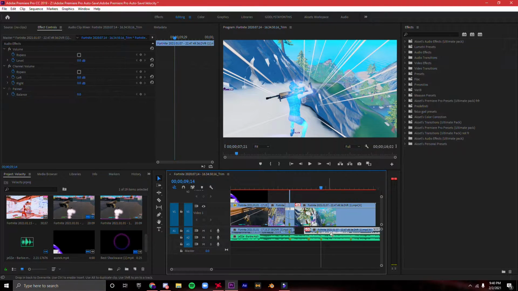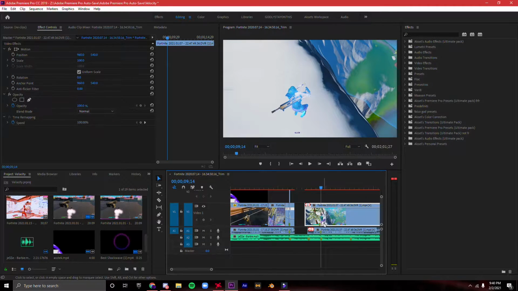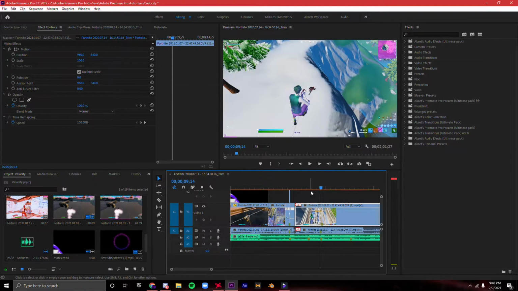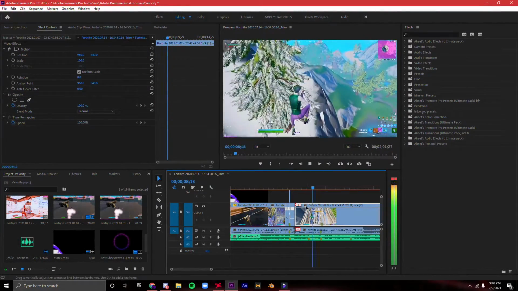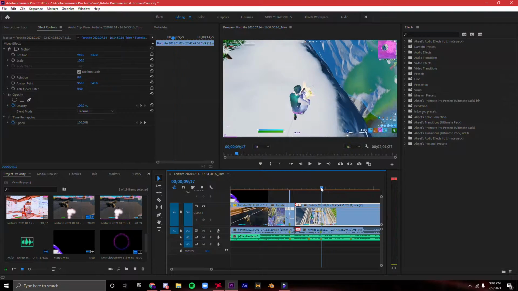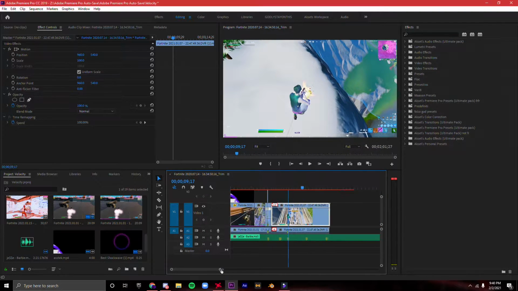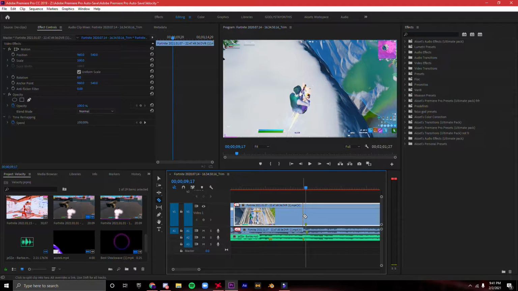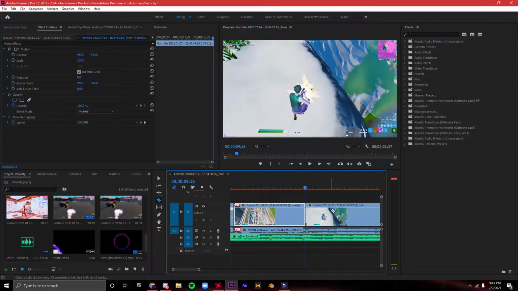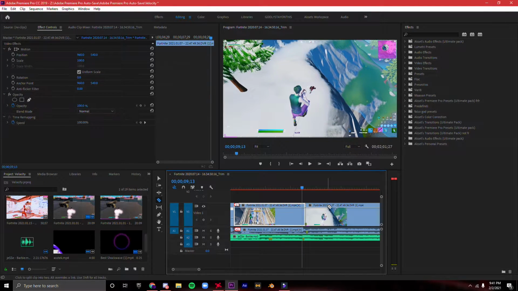Actually, I think the second beat drop looks a bit better. So maybe just watch that. So what we're gonna do now is just make sure it's like this. That doesn't look very good. So come here and go split, and then go 1, 2, 3, 4, 5, 6, 7, 8, 9, 10, 11,